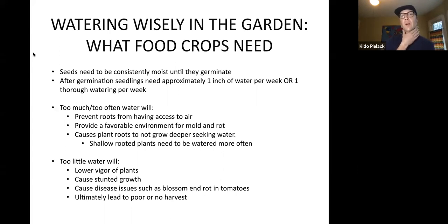So we'll start out with just speaking generally about what crops need to grow with water. Generally, when we're starting, seeds need to be kept consistently moist until they germinate. But after they've germinated, and they've soaked up that water and popped out that cotyledon and started to grow, we don't want to have a situation where we're watering the plants so much that they're always in water, because an essential thing for plant growth is air in the root zone. The roots of the plant need an air exchange as well. And if the soil is saturated with water, we're eliminating that,